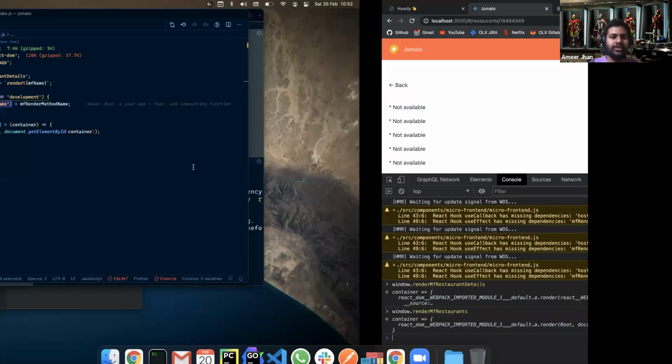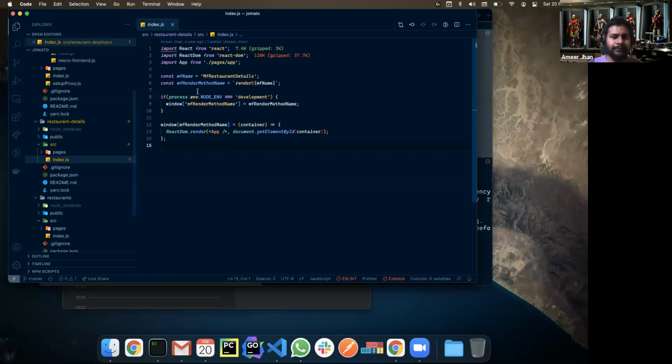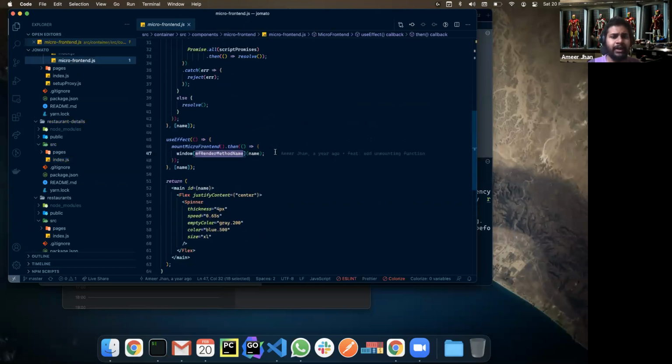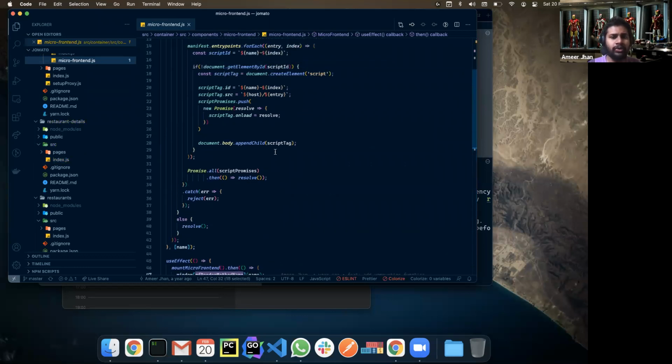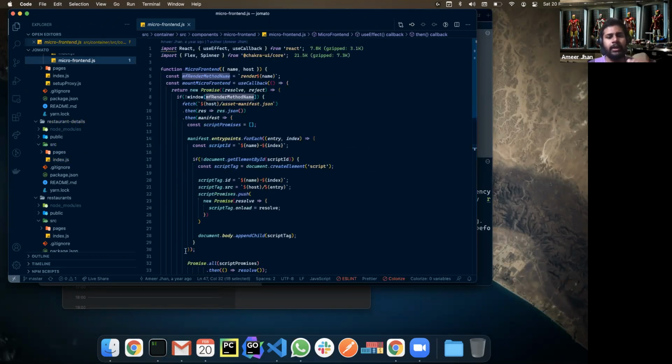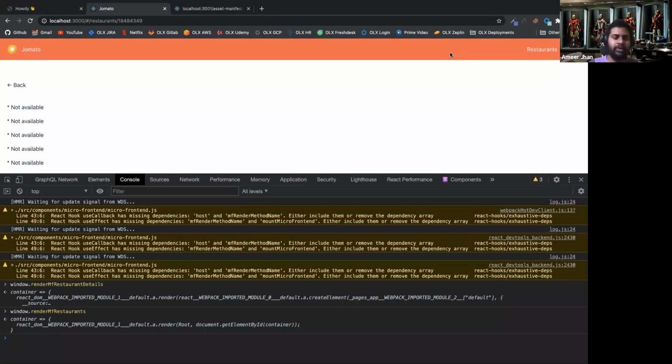Okay. So if you see in the micro frontend, there is a way by which you can unmount also. You can just call the unmount method of React, or you can just mount another micro frontend on the same element, which would effectively remove it. Right. So this is the asset manifest strategy, or the dynamic content loading strategy, in which you decide when an app should be loaded and unloaded.